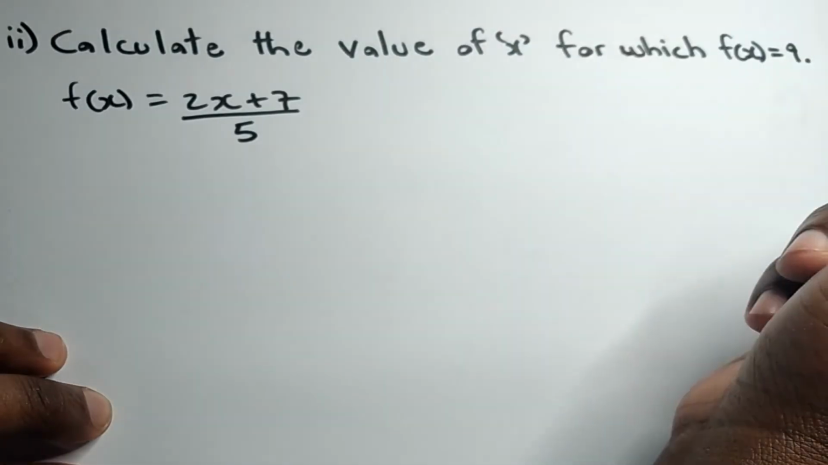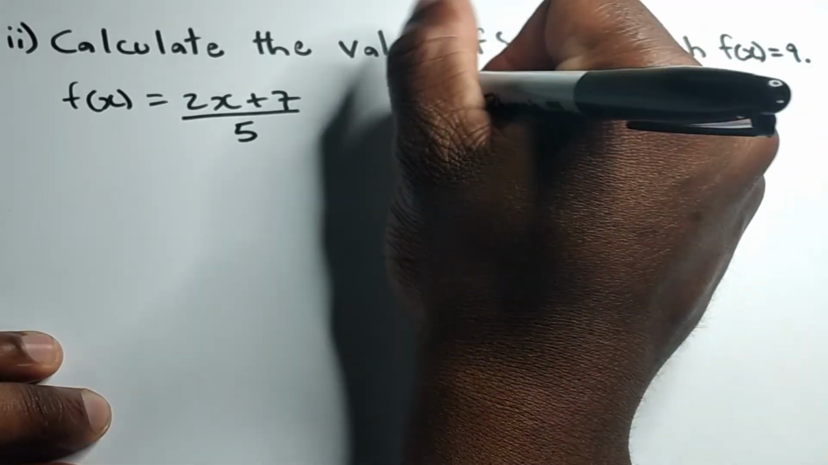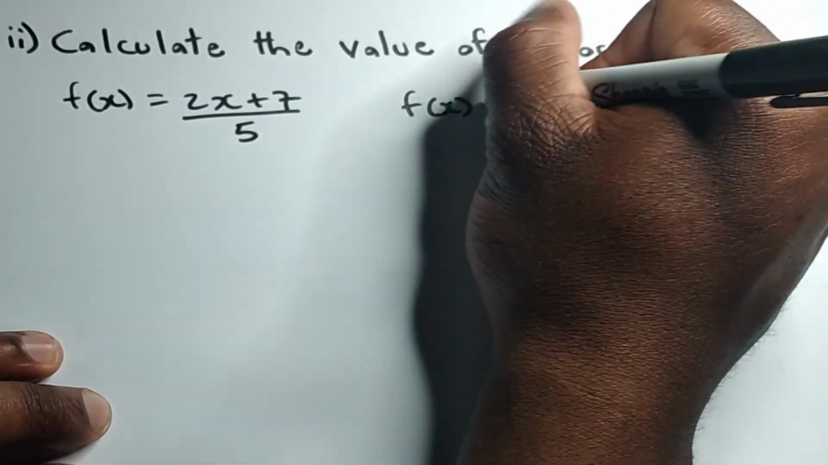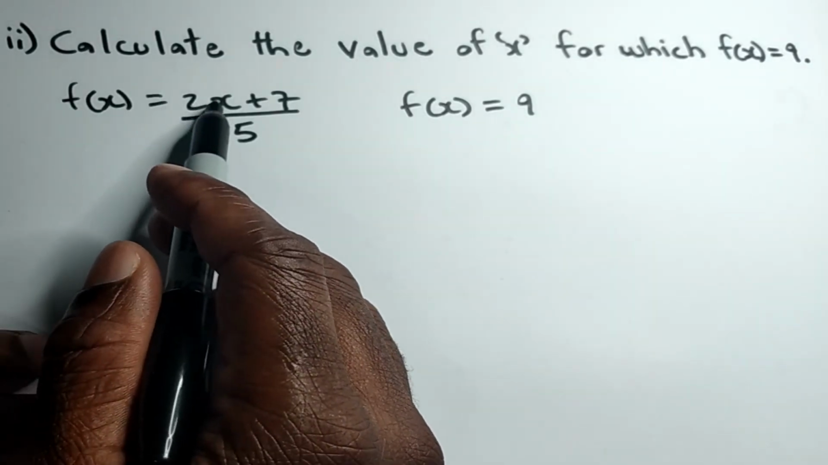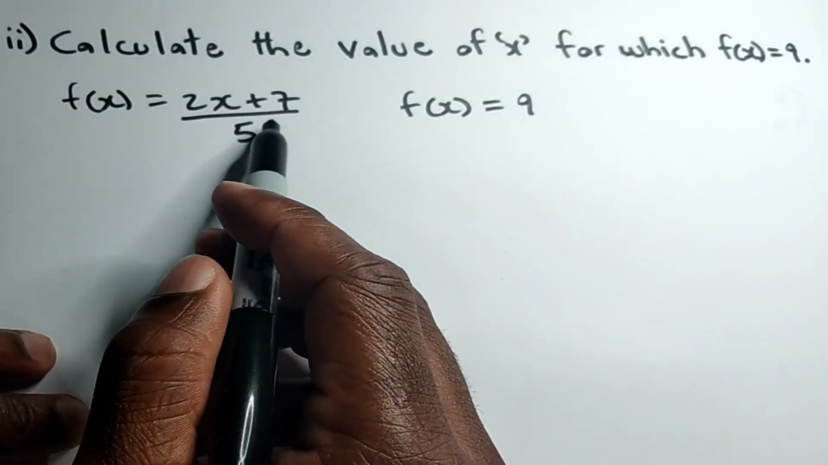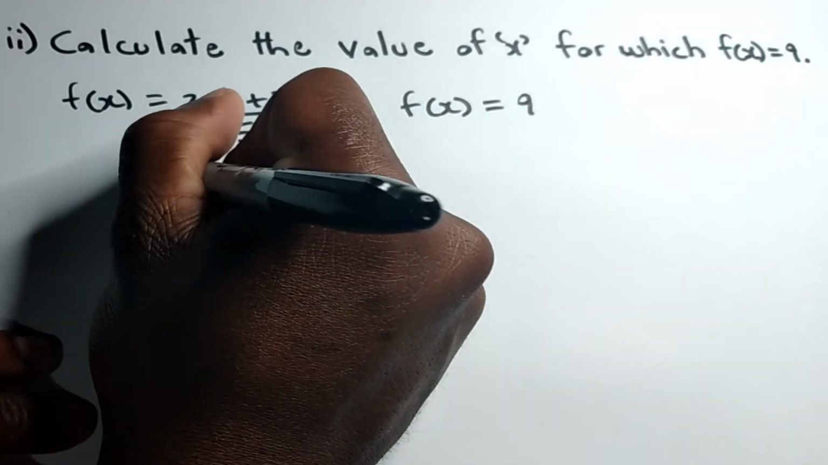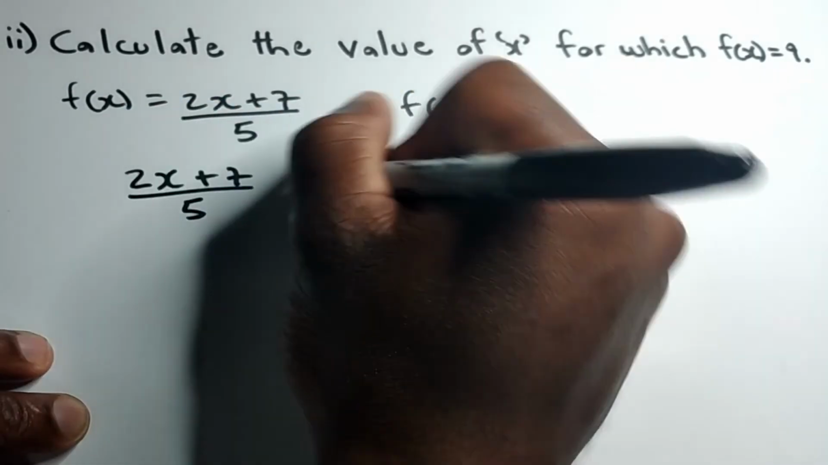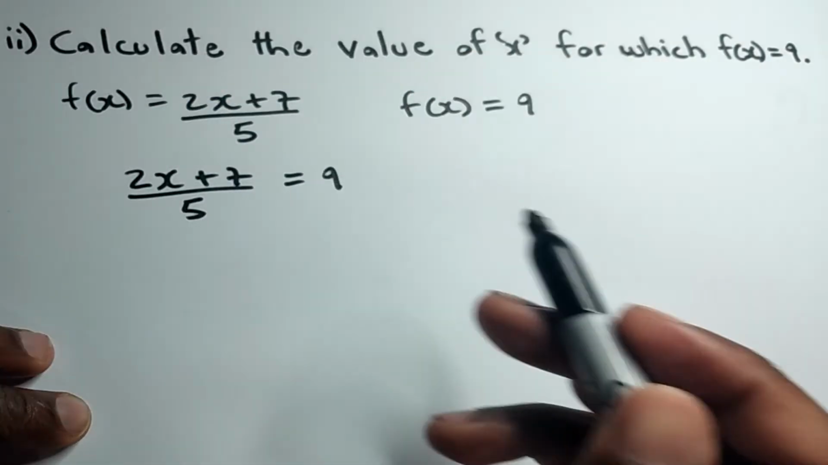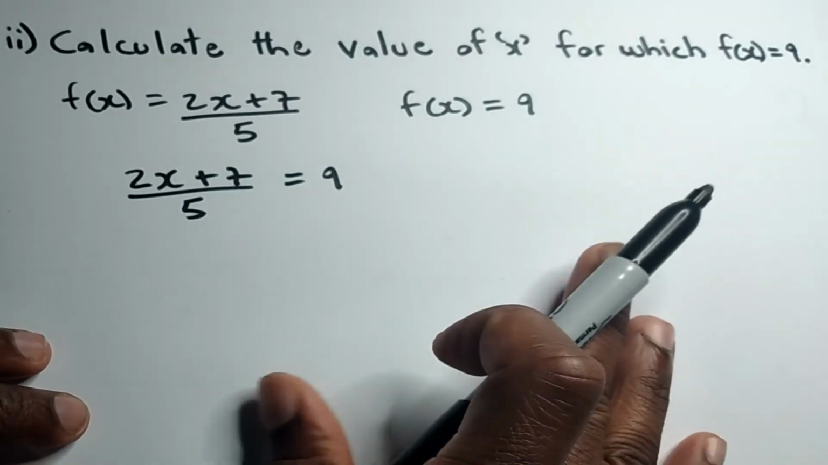So they want us to actually deduce the value of x for which f of x is equal to 9. And again, just like the previous question, if f of x is equal to (2x + 7) over 5 and f of x is equal to 9, then of course (2x + 7) over 5 must be equal to 9, all right? And we can now simplify or transpose this to ascertain the value of